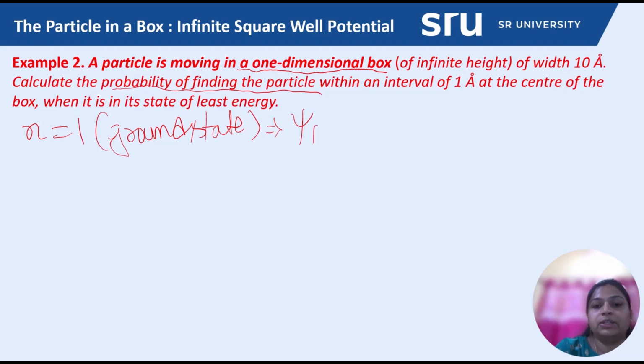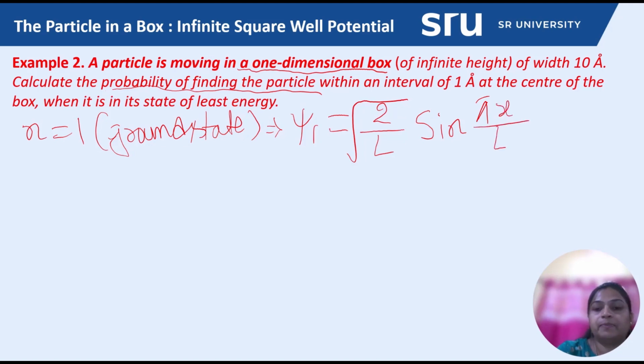So this is nothing but root over 2 by L sine of n pi x by L, we know the formula, so n is equal to 1 here, so sine of pi x by L. And the probability of finding the particle within an interval, we know the formula P is